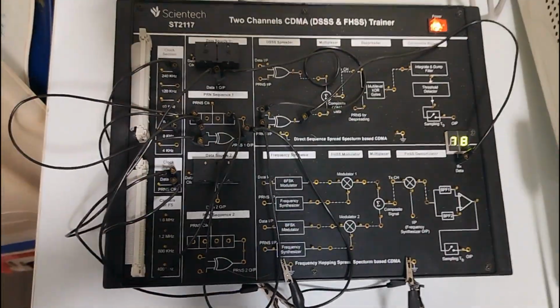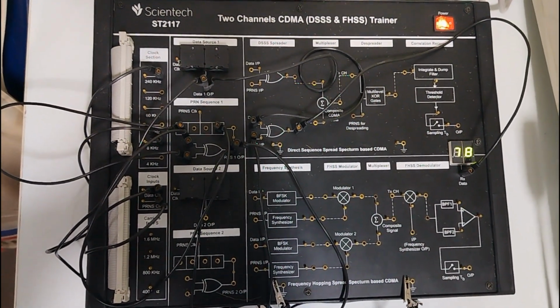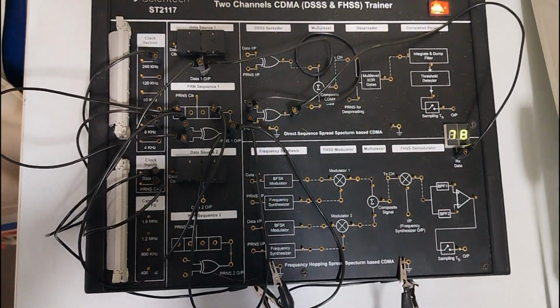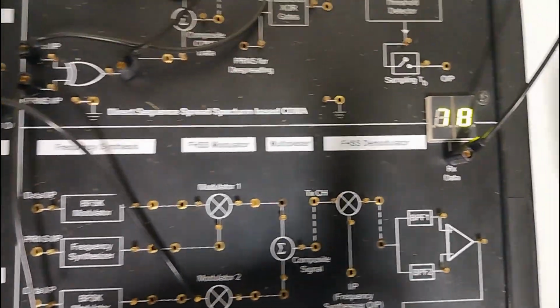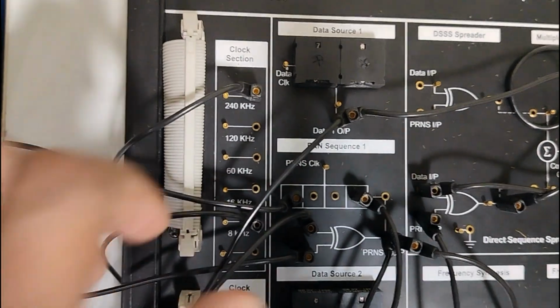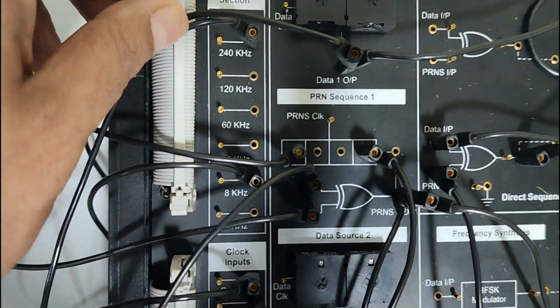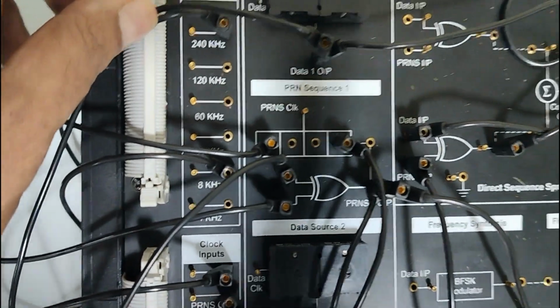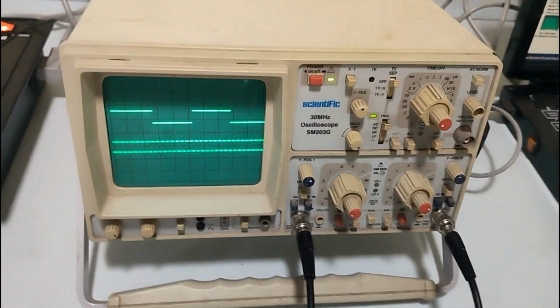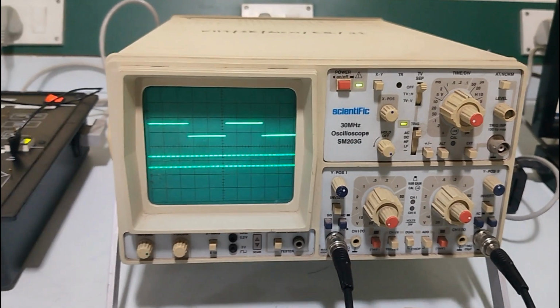So students would be able to connect the different building blocks and would be able to see the output. Here the data is visible as per the data which is sent, and here we have the linear feedback shift register to generate the PN sequence. On the CRO, you are able to see the data.